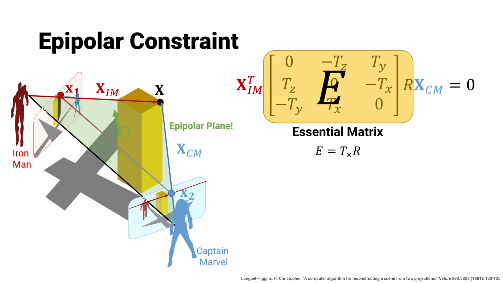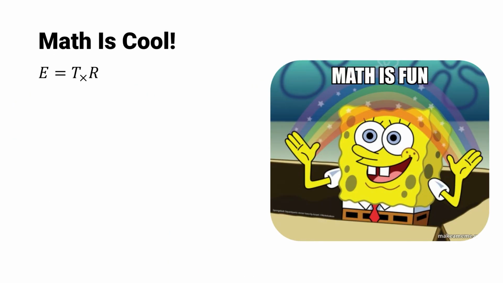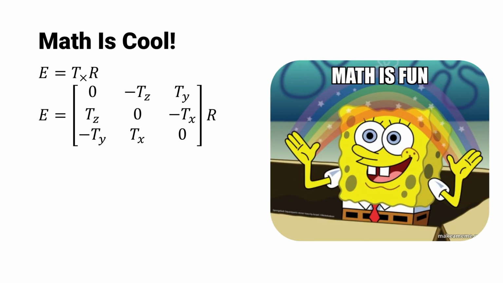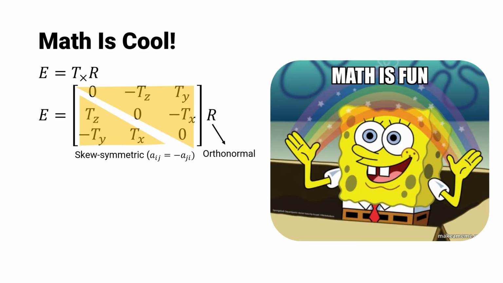So the thing in the middle, the T cross R, is called the essential matrix. It is so important, it is so essential to the field of computer vision that the term is called essential matrix. So let's look at this a little more. So we can basically write E as T cross R, which is the essential matrix. And it's a skew symmetric matrix like we have seen before on the T cross part, and the R is an orthonormal